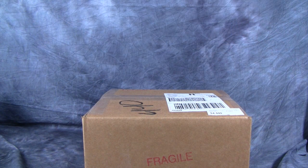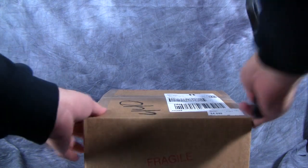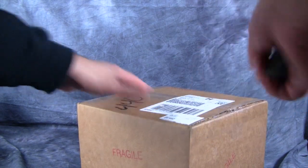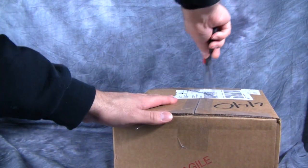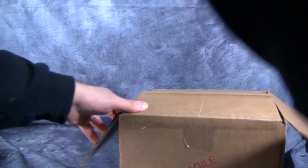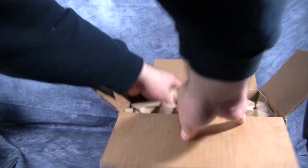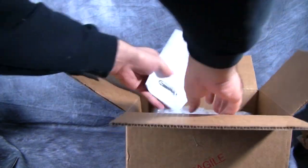Folks, today we are taking a look at something that just came in the mail from my good friends at TF Source. Now, this being Friday, I'm sure you all know what is probably in here. It's already shown up on a couple of folks' sites and channels, but today we are taking a look at a new arrival, as I said earlier. So, we got a lot of nice packaging, and we are taking a look at